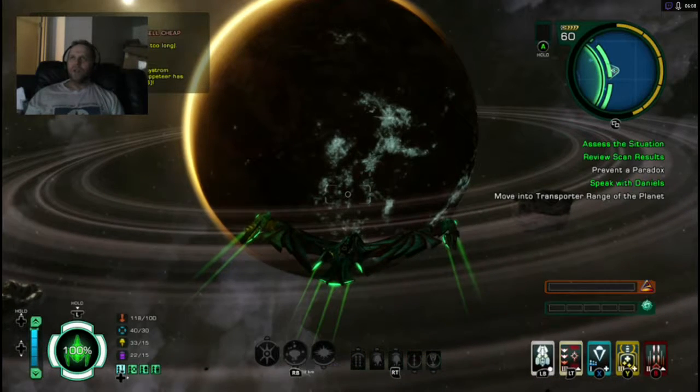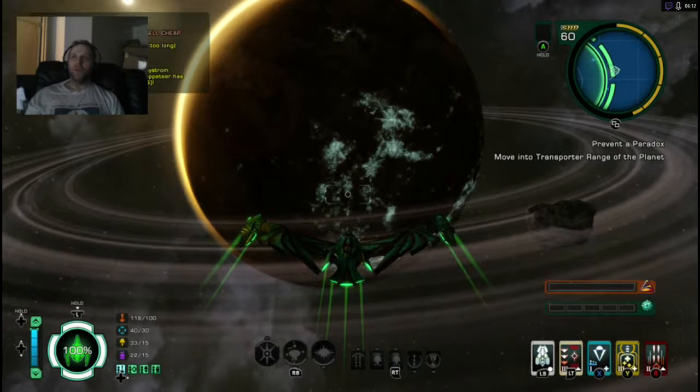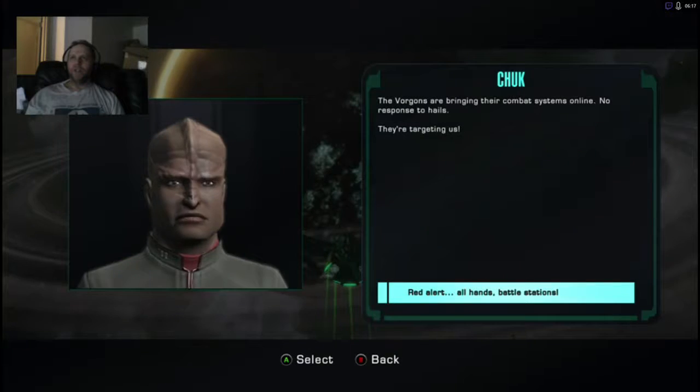I think we still go down with him. Well, no, I think he goes down on his own, and then we take care of the Vorgons. Yeah, see, now the ship decided to...